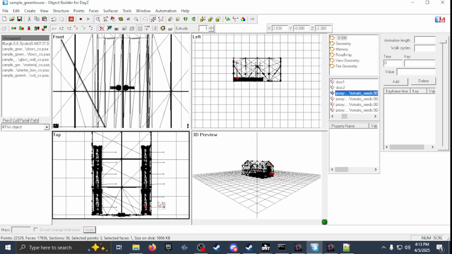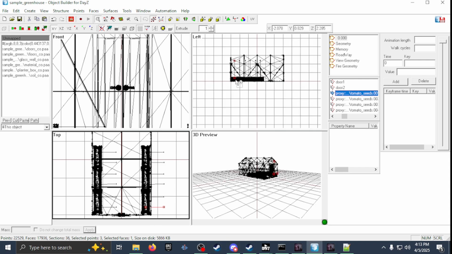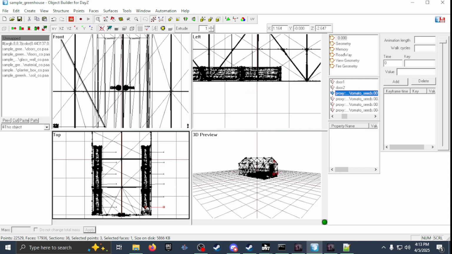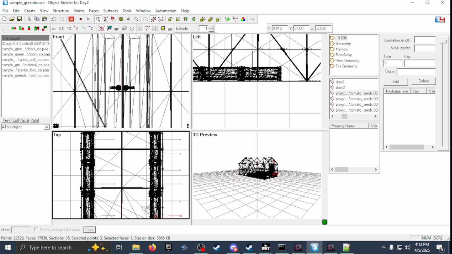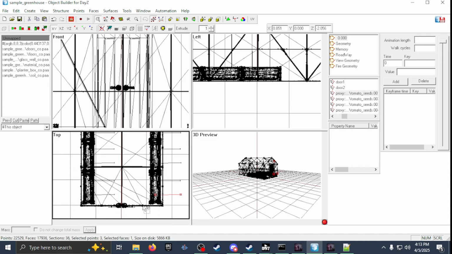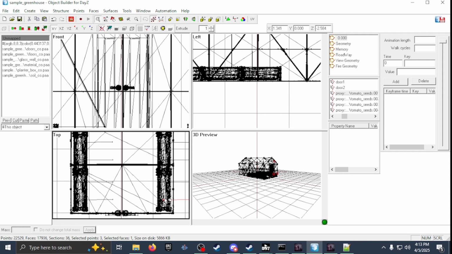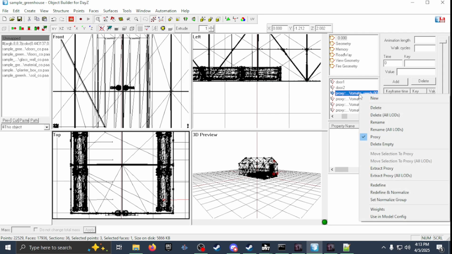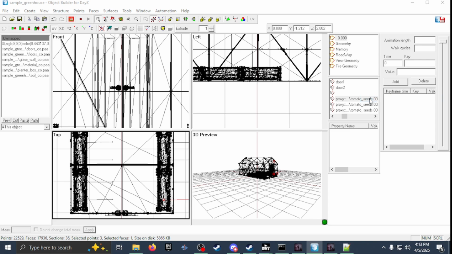So you're going to import a proxy. You're going to line it up to where you want it on the model. In this model, it's going to grow 2 plants in each plot, so 1 on each end. So you've got 1 in. Now while you have that in, you're going to right click. While that one proxy is selected, click on new,